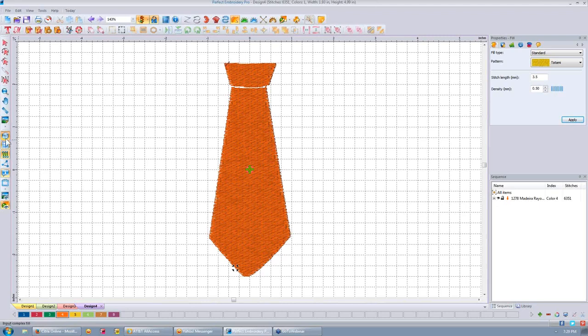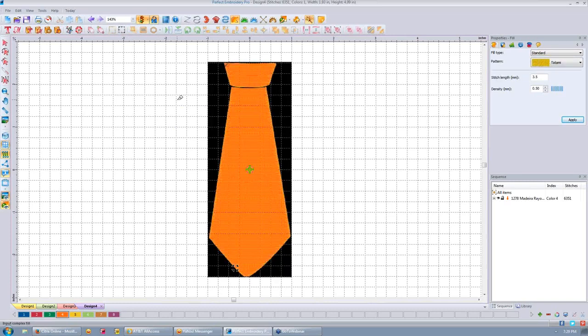But what I've done with this before that was really cute, instead of digitizing it as a fill stitch, is I'm going to bring my backdrop back up, and we'll just undo that. Up here at the top, this will be your favorite tool. This is the undo tool. I'm going to click undo, undo, and now I'm back where I started. And of course I could redo if I wanted to redo what I undid,